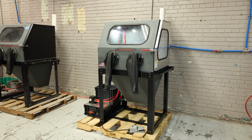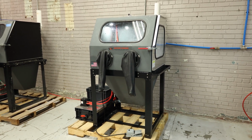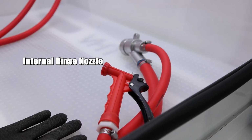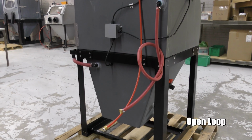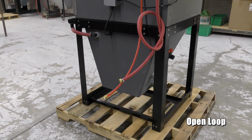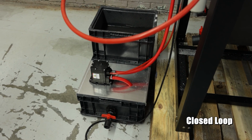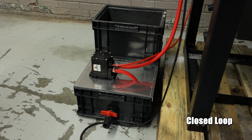Now, open loop and closed loop systems have solely to do with your fresh water in your rinse systems. You have an internal rinse nozzle to clean off your part after it's been blasted, and you have a window rinse system. Now, in an open water source, this fresh water is pooled via a garden hose fixture. However, in a closed loop system, you have a freestanding water source which contains two basins full of fresh water